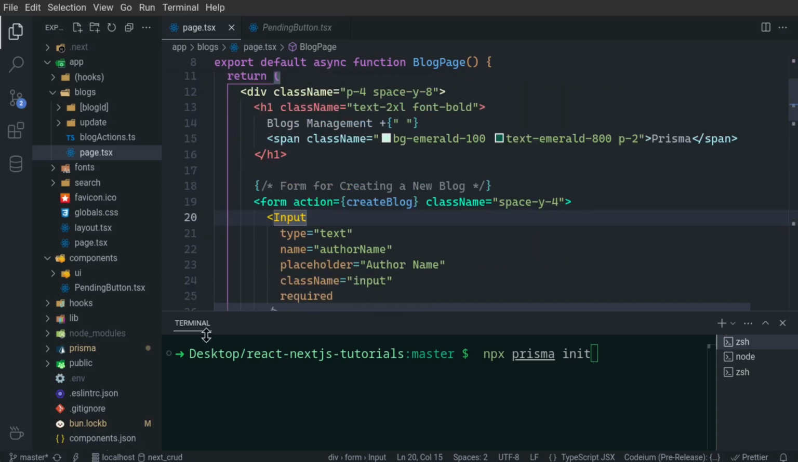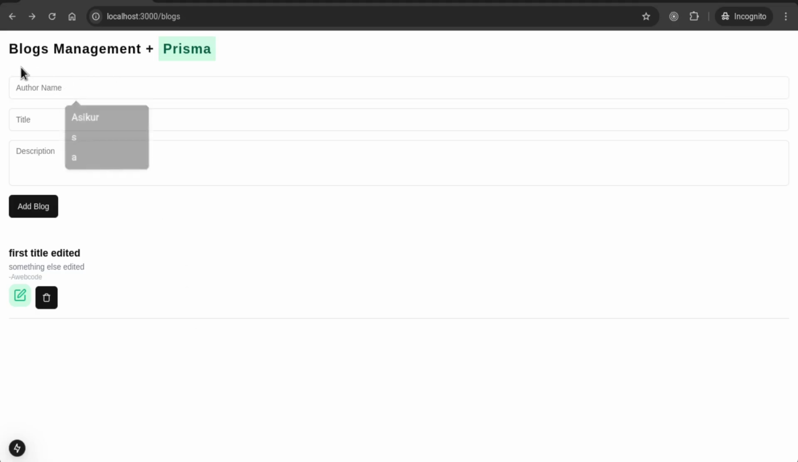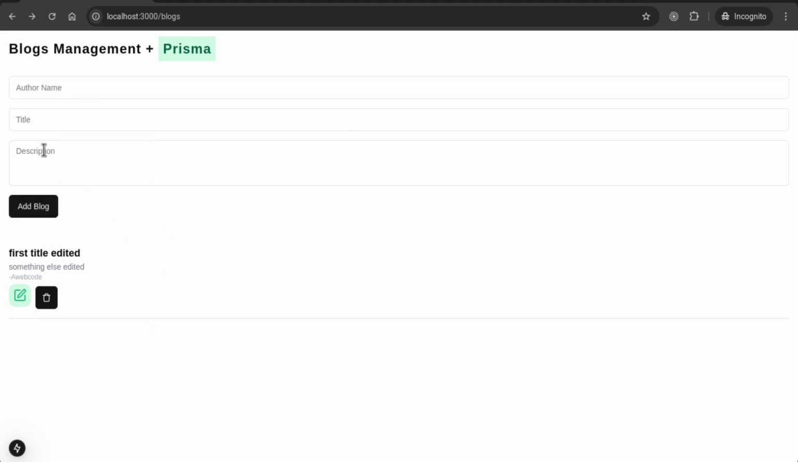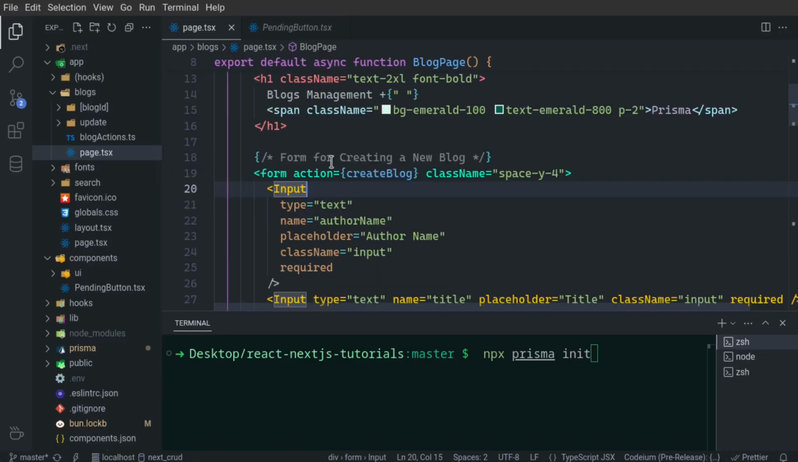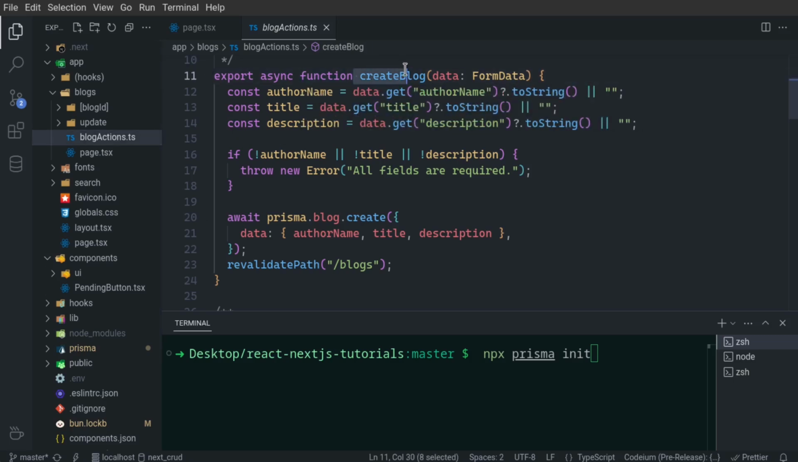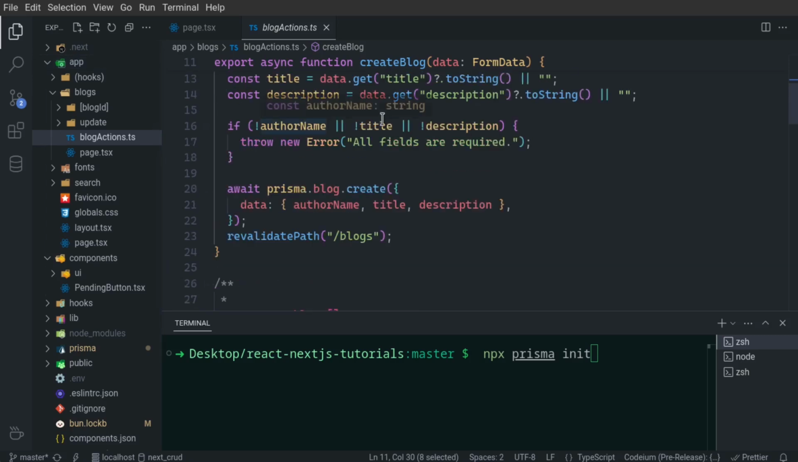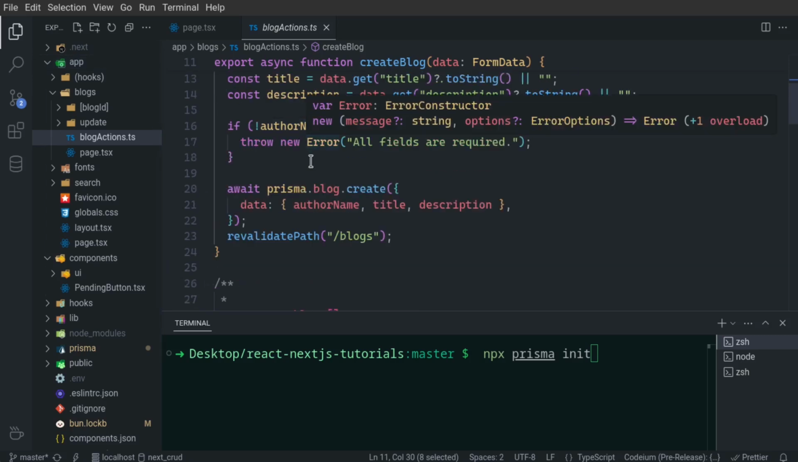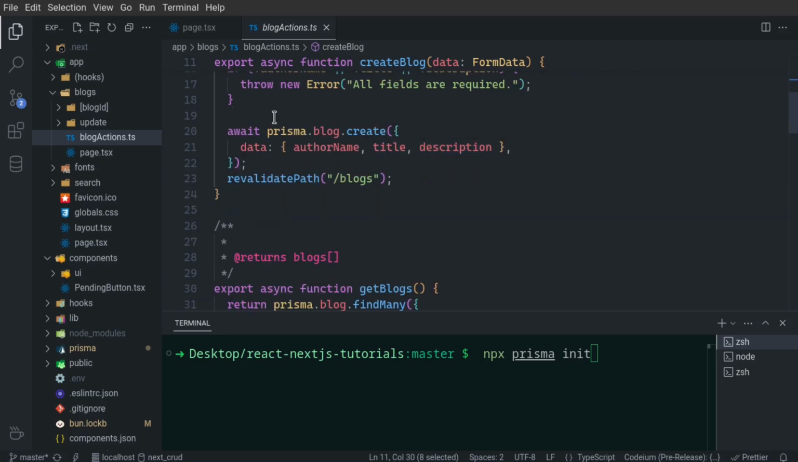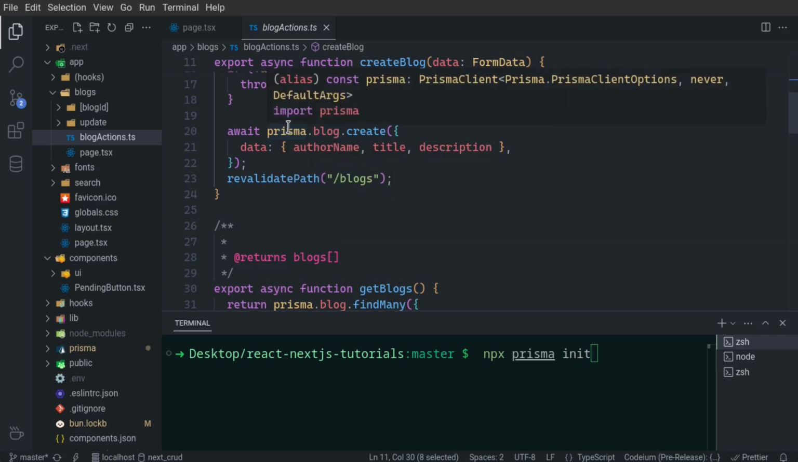So this is our simple form, with author name, title, and description, and this is the button. This field is required, and after submitting this form, the form data will go to the server action, and it will get the form data, and we are just getting this data. If any data does not exist, then all fields are required, and we are creating a new blog like prisma.blog. Prisma is automatically